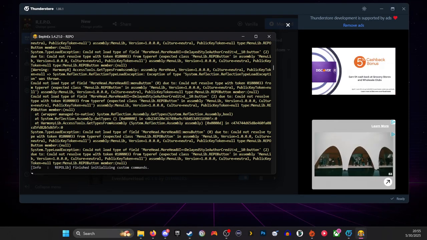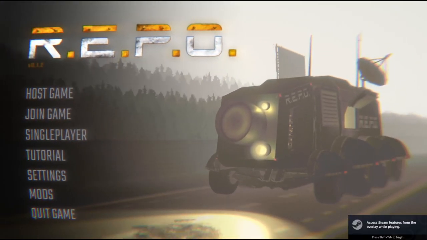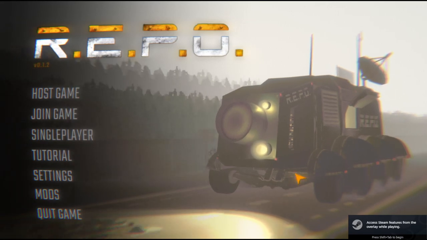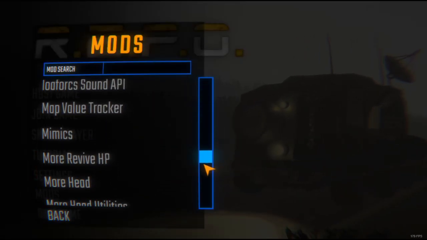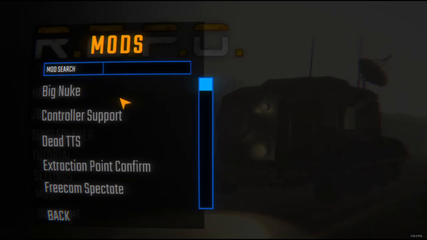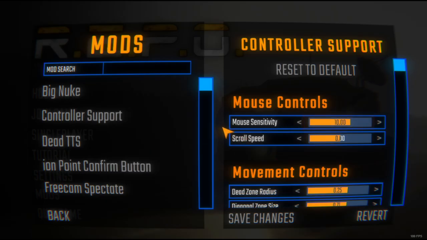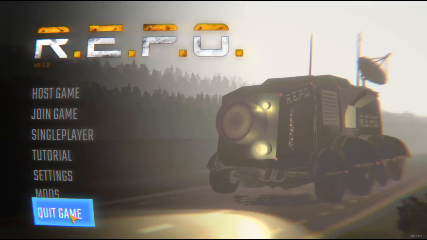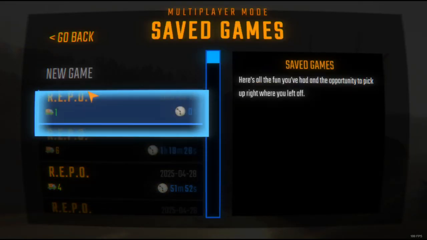Okay. Now the game did launch on my other screen. I'll just move it over here. So then once the game launches, depending on what you have, you might have a mods menu. One mod that I really do recommend for some people is the controller support mod. It works really well for like native controller support, so that's nice. And then if you just go like to host a game,